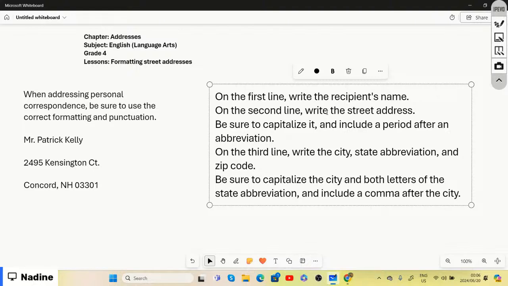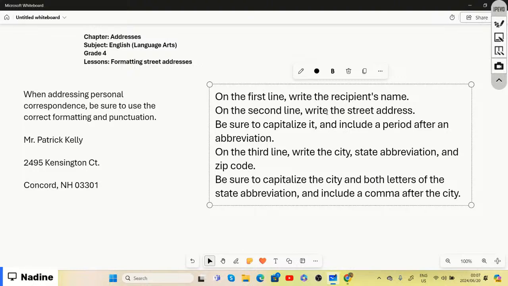Some of you have never even gone to the mailbox or seen mail coming, because nowadays everything is so technology driven that even letters are being sent by email, or if it is personal and more friendly, things are being sent via WhatsApp or any form of social media, right? But still,